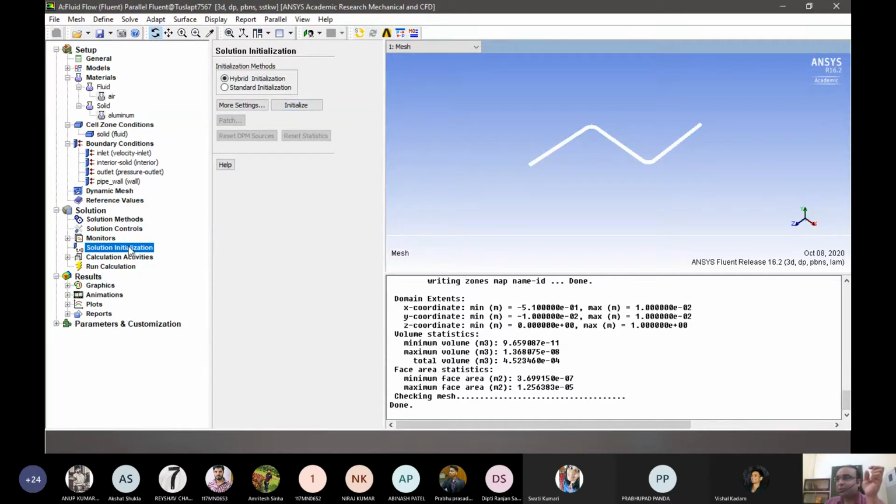Based on what we have given, like the linear variation or the second order variation, it defines some starting points throughout the model. It divides the model based on whatever meshing we have done, and then defines at each step the approximate starting location for, suppose, the pressure or the velocity.